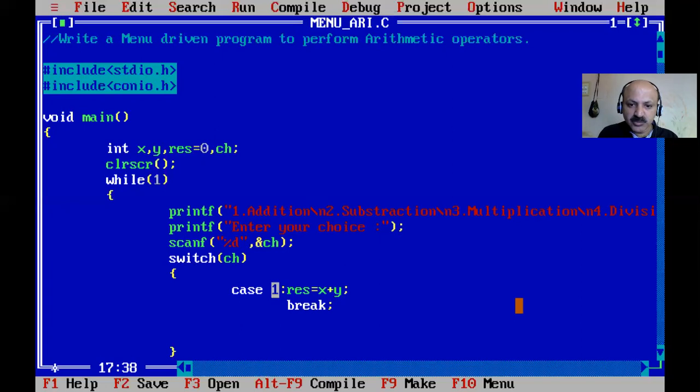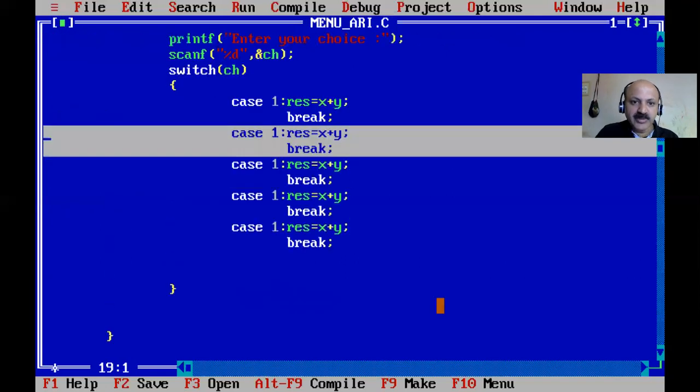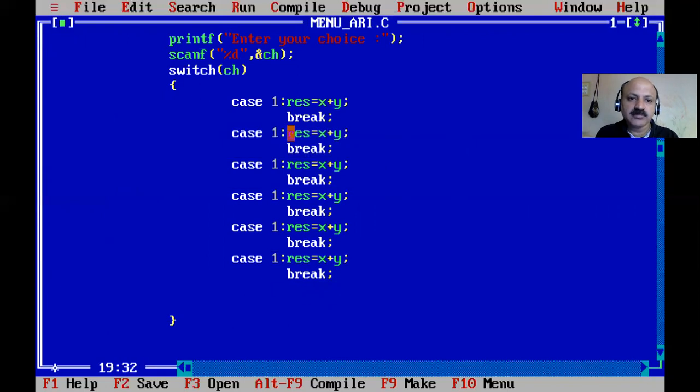So here we have successfully written one case, and we can just copy these two lines and paste. Then choice 2, then 3, then 4, then 5, and then 6. For 6, break is not required, and we just use exit 1.